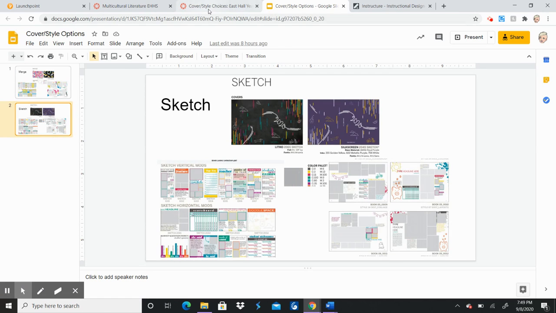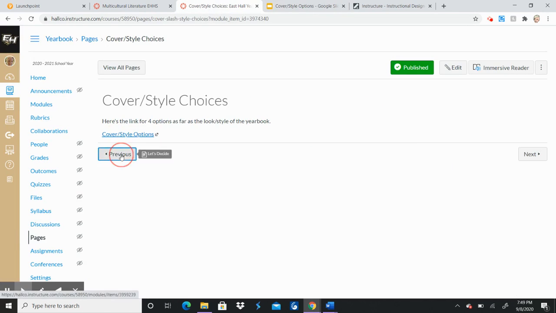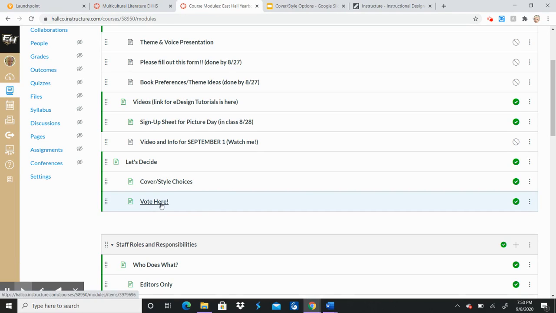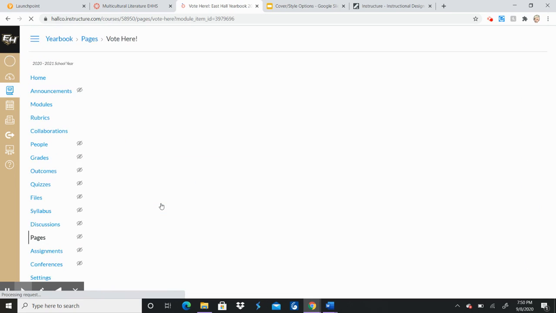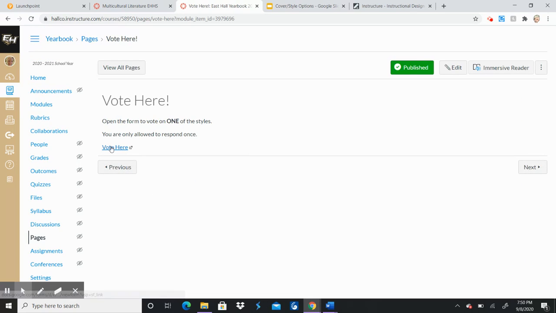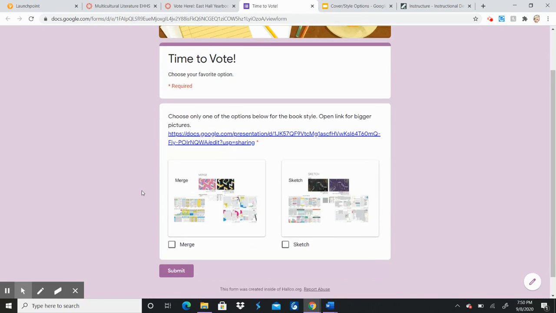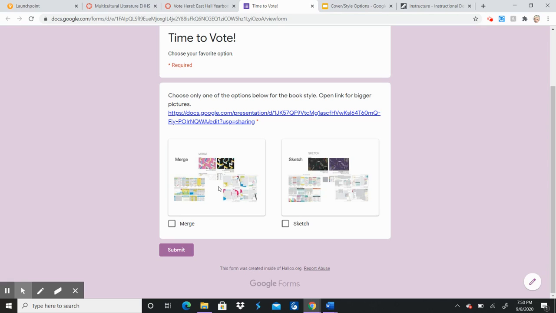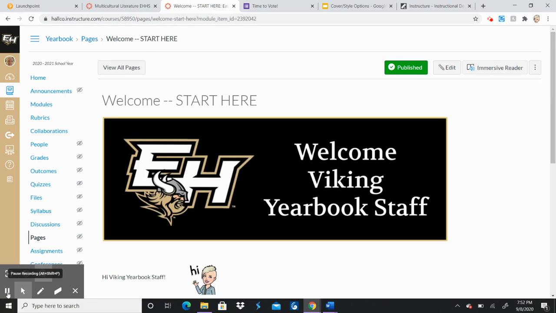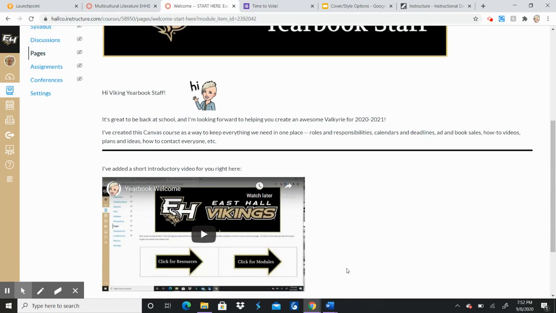And then once they decide and they want to vote, they click vote here and they are able to click the link, see the form, and be reminded of which ones they're choosing between. And if they need to go back and see a larger picture of each one of those, they can click back to the presentation. I've also provided the staff with a welcome video, just like the other class,